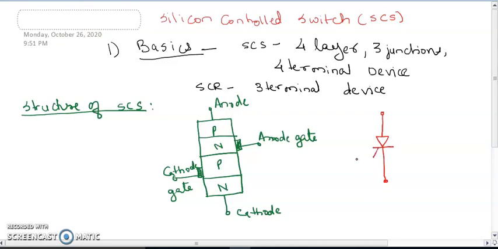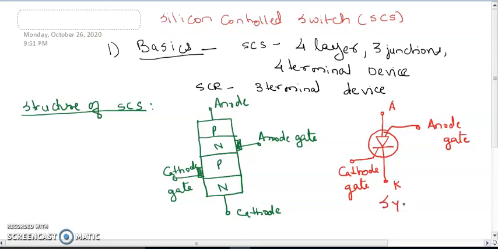So this is the symbol: anode, then cathode, and here the cathode gate, and again one terminal is taken outside here, and that terminal is the anode gate terminal. So this is the symbol of SCS.